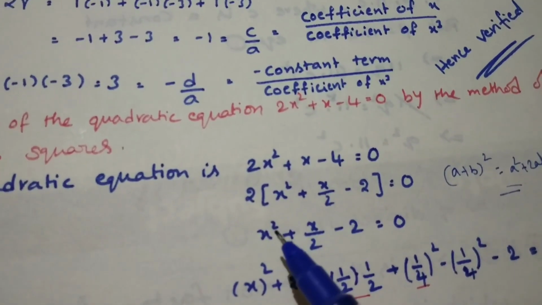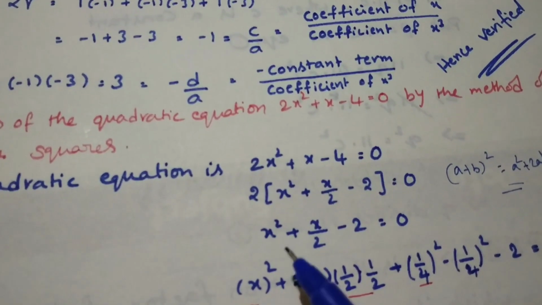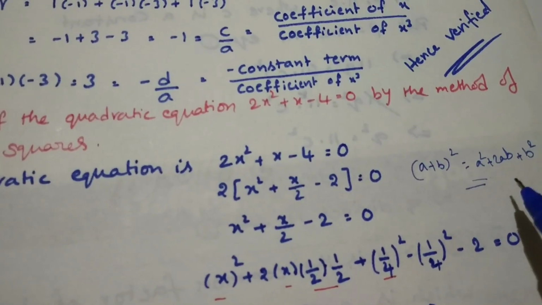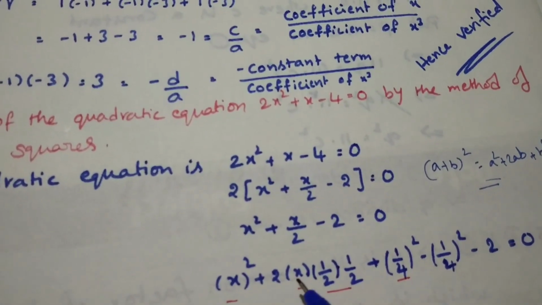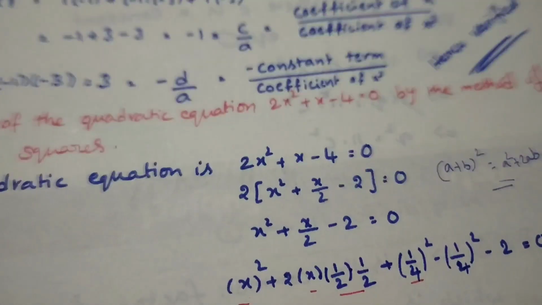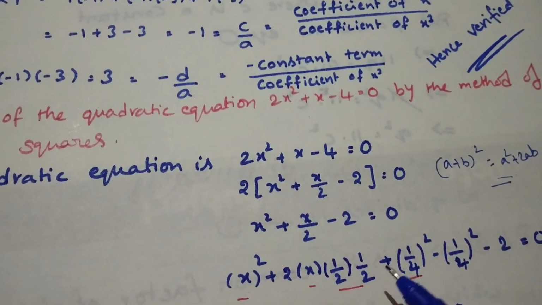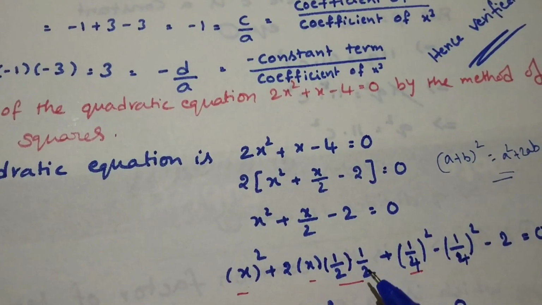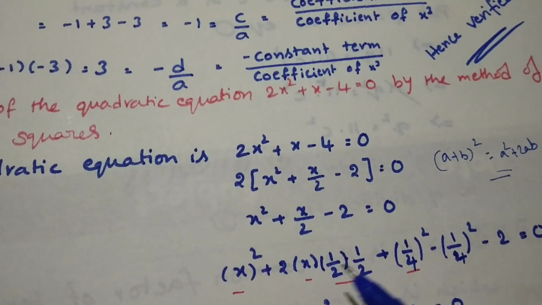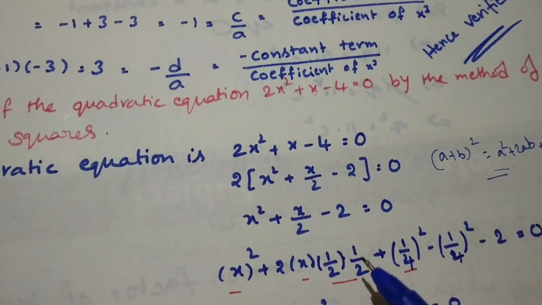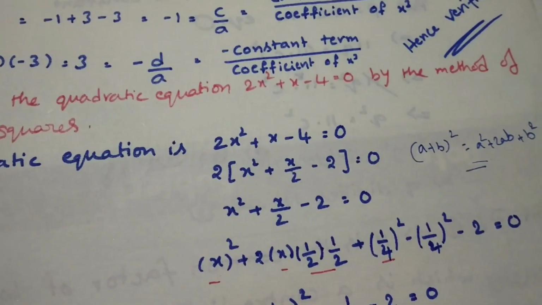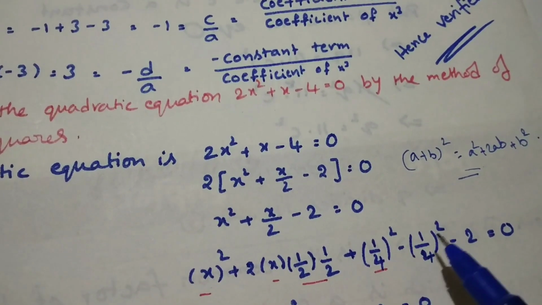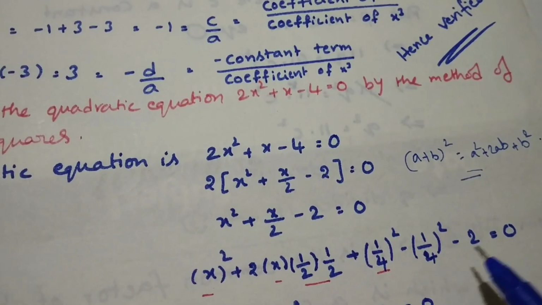Okay, understand? One more time I am telling. A square, x square, plus 2ab I want, for this one. A square plus 2ab plus b square I want. So 2 into a is x, b is 1 by 2 here. So for this 1 by 2, as it is I am writing here, 2 multiply I write. So one time I am dividing. This is nothing but 2a, the full thing is the b, 1 by 2 into 1 by 2, 1 by 4. Next term is b square I want. So for this b square, 1 by 4 whole square minus 1 by 4 whole square. One time added, one time subtracted. Minus 2 equal to 0.